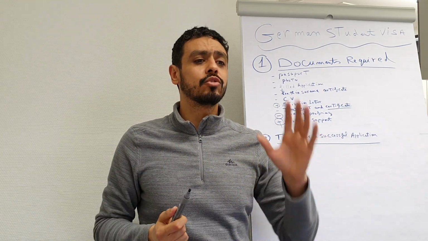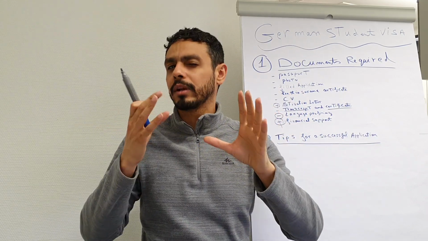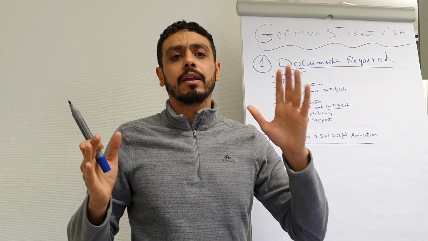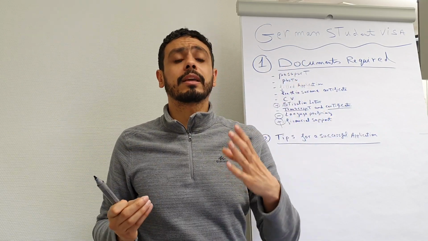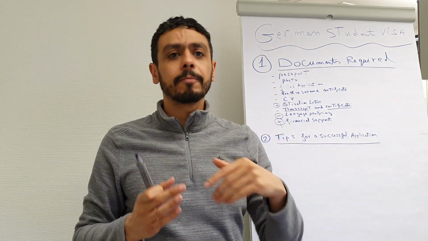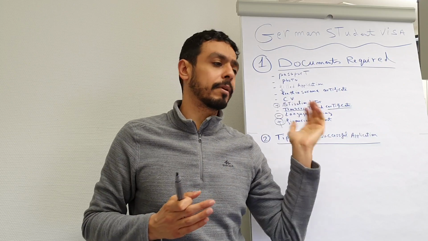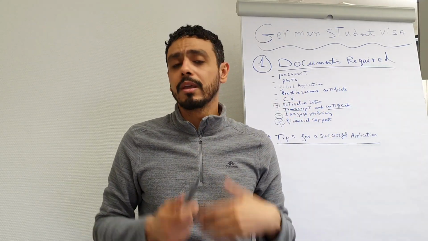So for example, they need you to put around 10,000 euros or 11,000 euros for 1 year in something called a blocked account. This is like an account you open in Germany. You transfer the 10,000 euros that they require for 1 year, and then you have a paper, and you come with this paper and submit it here. Okay, I did this blocked account.